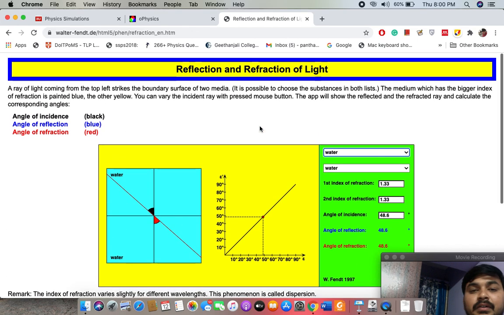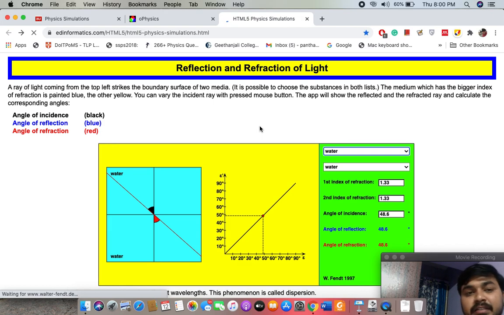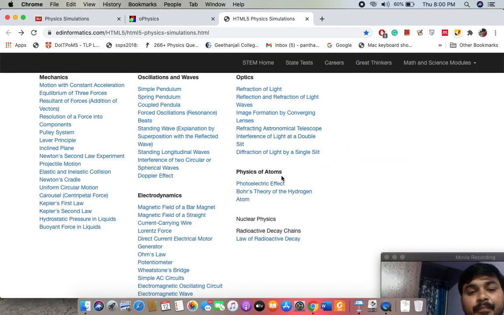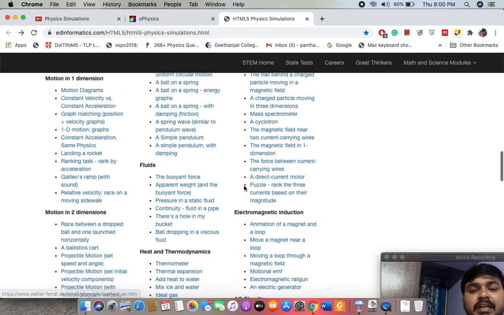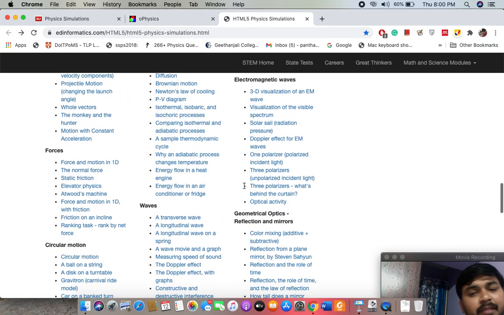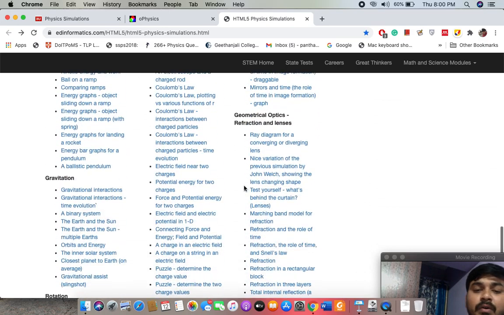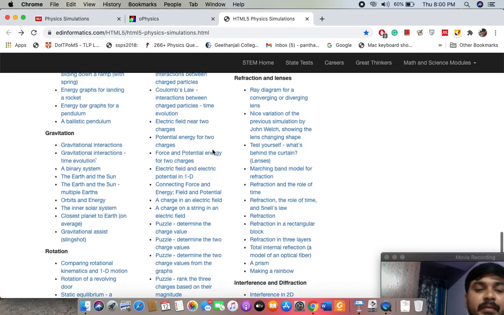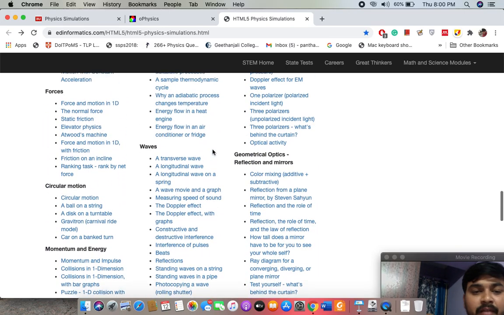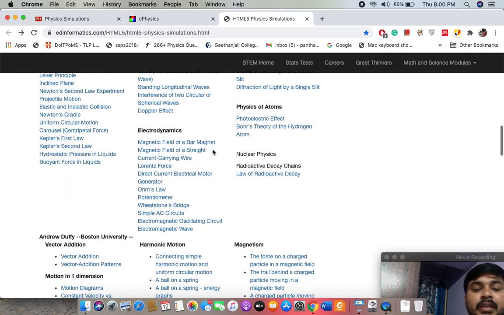This is very nice, and this website is also very nice, but the index is a little downside in the website. You can access here. Almost all animations are also available here. See, there are plenty of animations available here. You can go through these animations and make use of them.